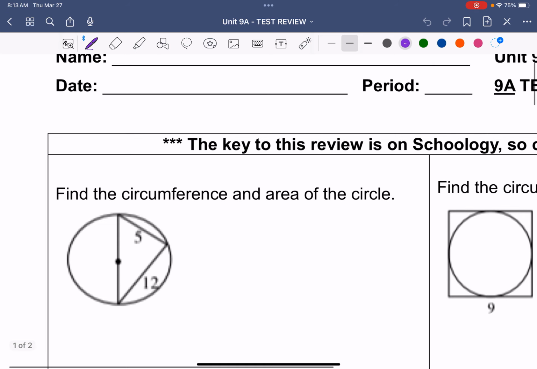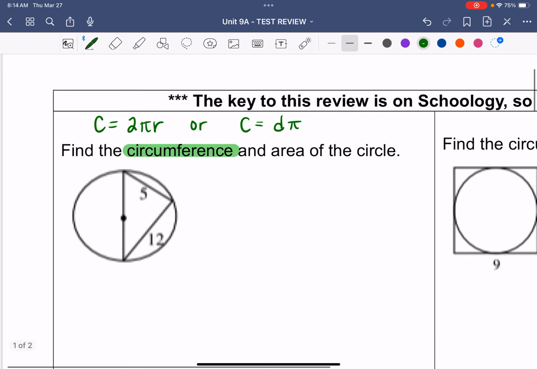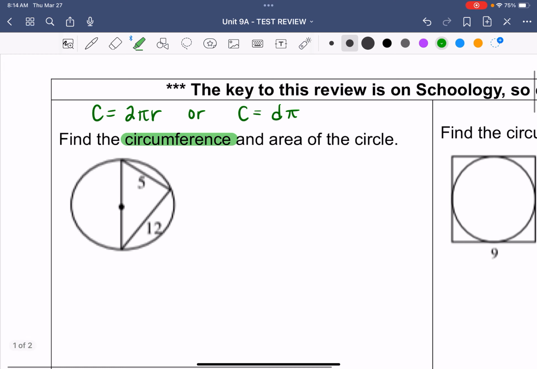So for circumference, there were two different formulas we learned. Either you can do 2 times pi times r, or you can do diameter times pi. So whichever one just ends up being easier for a certain problem. When we look at this problem,